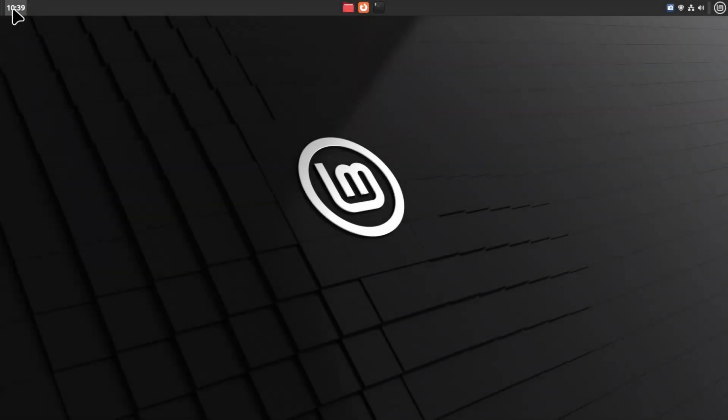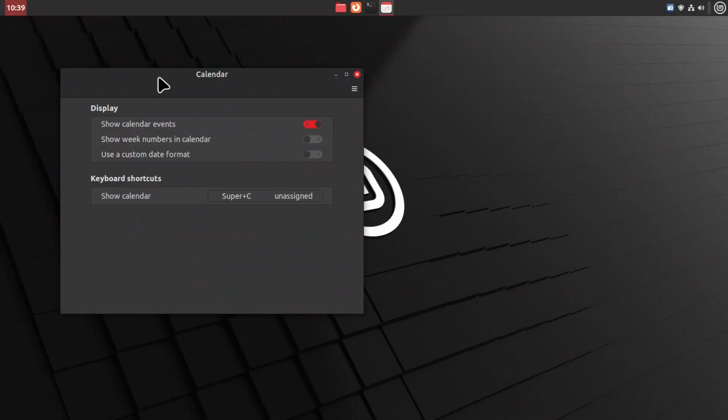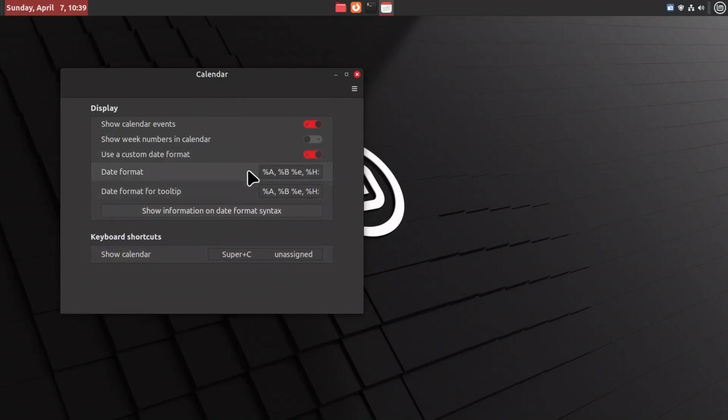Now we'll go ahead and configure the clock. So we can just right click where the clock is and then configure. Okay, and then you have this come up, and I want to put in my custom date format, so I'll just simply click this, and then we'll change the